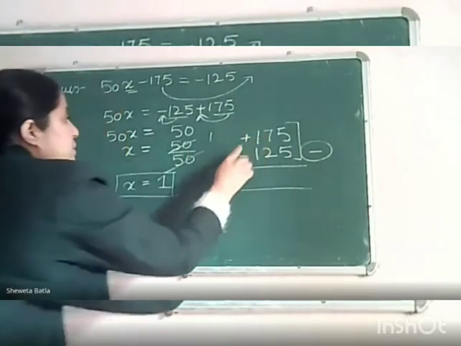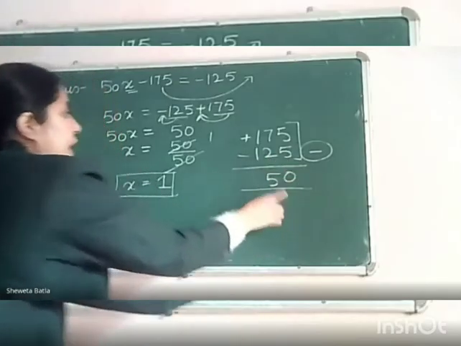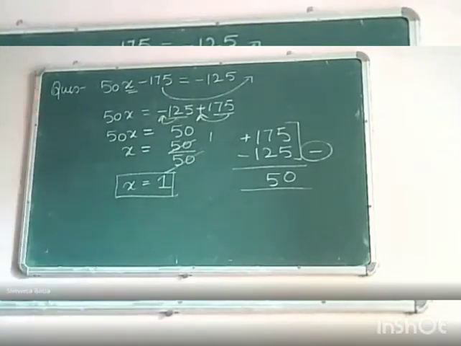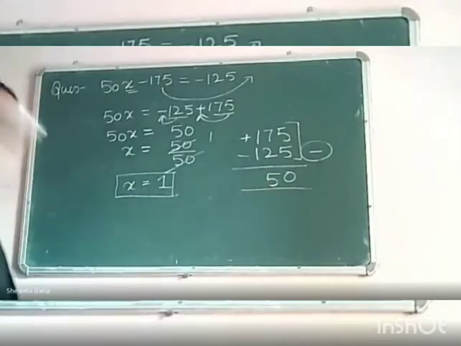Because plus minus is always minus. We are getting 50, ma'am. Ma'am, please tell where we are because yesterday I was absent. Okay, Tanya, we are discussing one question that I have given them for homework. Okay, look attentively here. 7 minus 2 is 5. Wait. First of all, let me complete this.